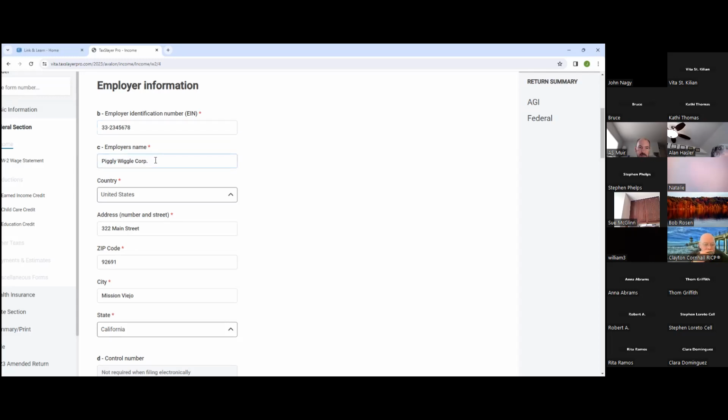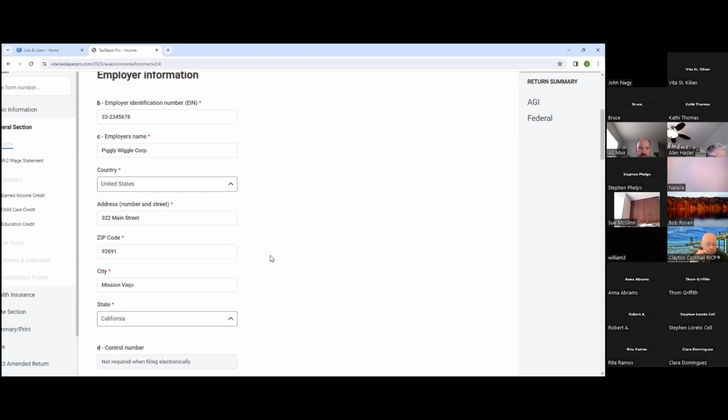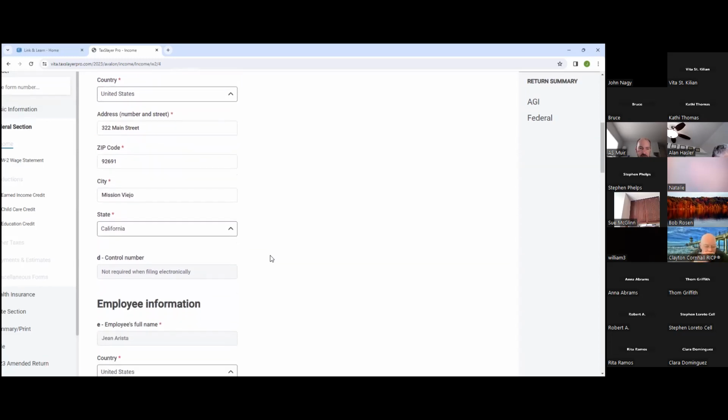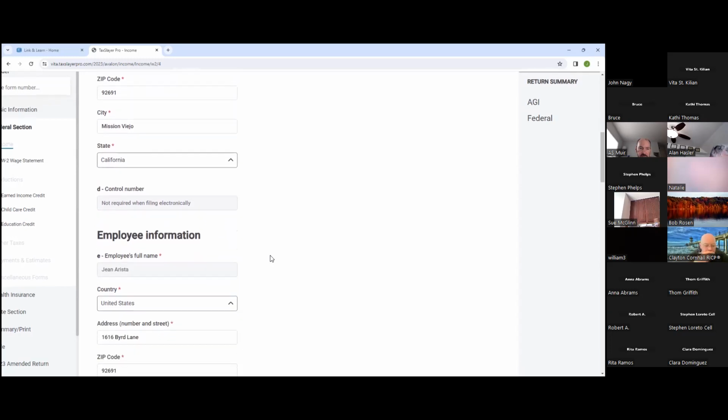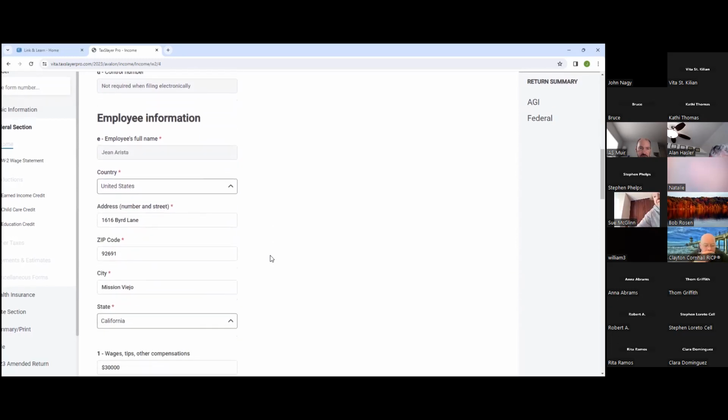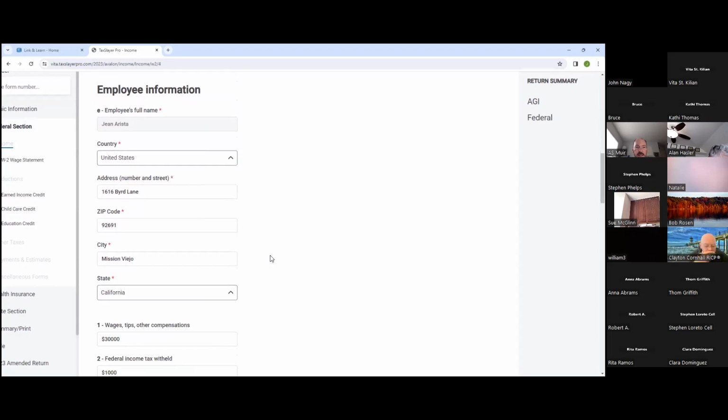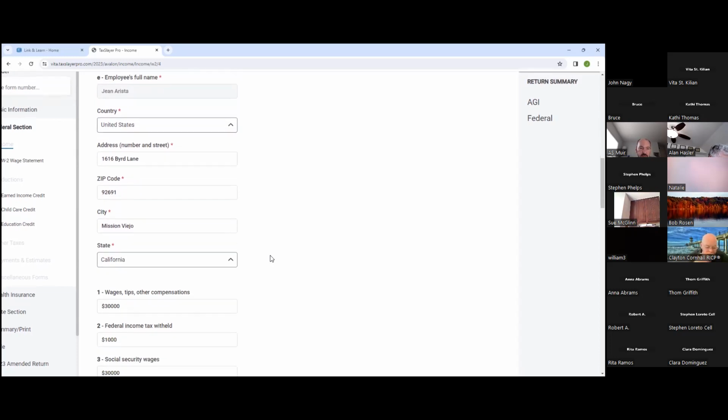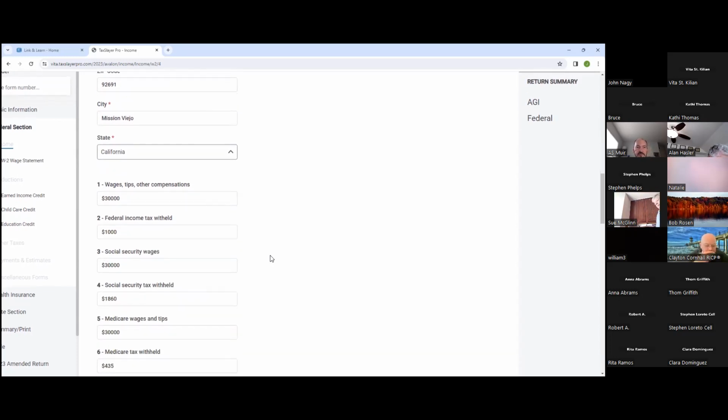We've got the name of the employer, and in this case, the employer is based in California. So we've got all of that data that we've entered. We got the information that rolls over for Gene, and so we got that data. And then here in box 1 for the W-2, again, we keyed as we see it from the W-2.